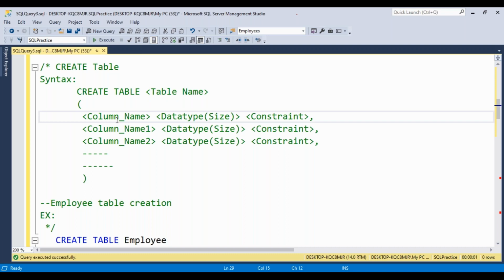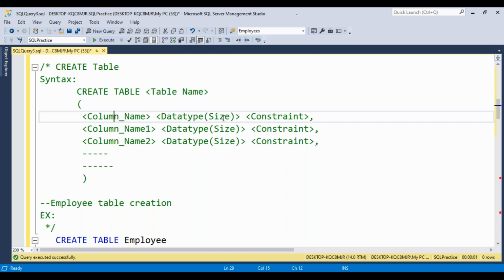What columns can you define in this table? Column name, then data type. Data type is nothing but the format of data you have to create in your column, like what values you can provide in that column. Those values we define as a data type. We have multiple types of data types. We can discuss data types deeply in a later session. Data type and required size.